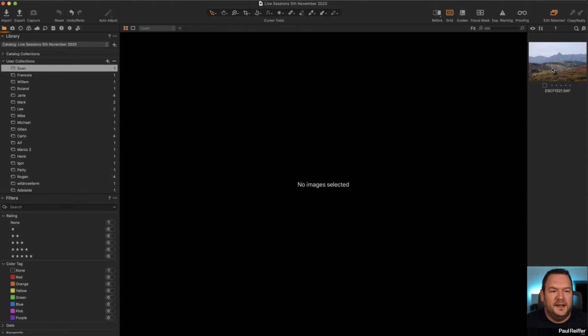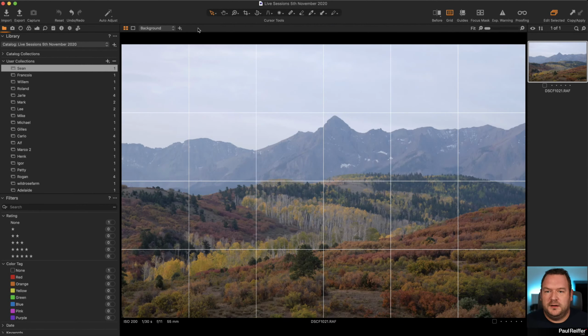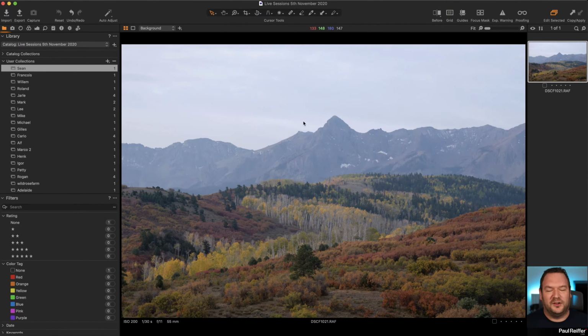So here is a shot that Sean sent in. We've got our grid enabled up here, which is why you've got those lines along there. I'm also going to show you, before we even get started, how to submit your image, because on that web page you're going to see a little link, a little preview, a screenshot